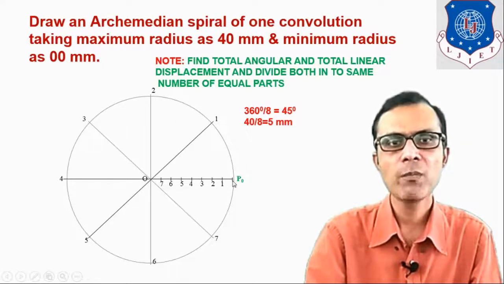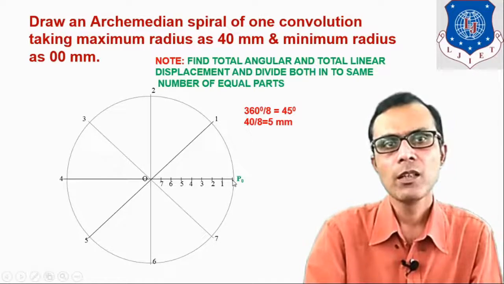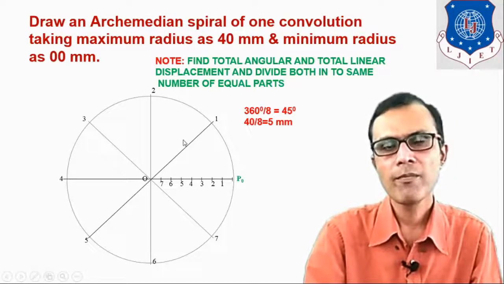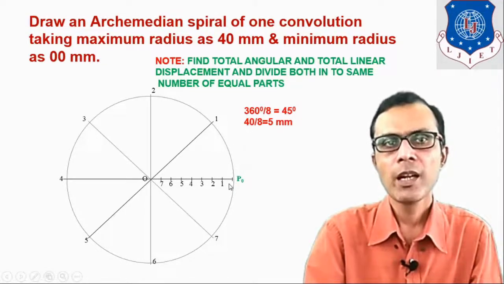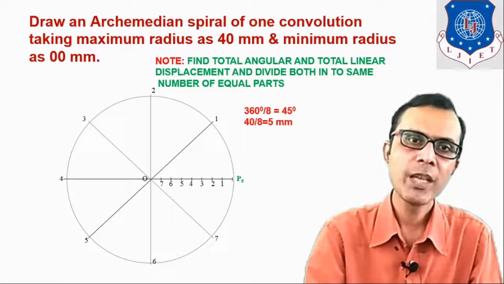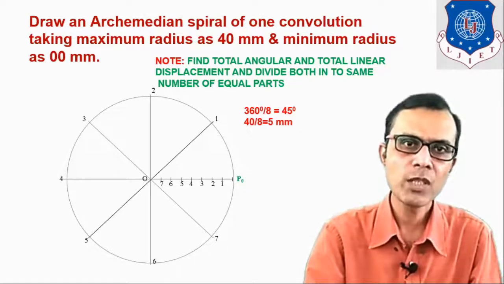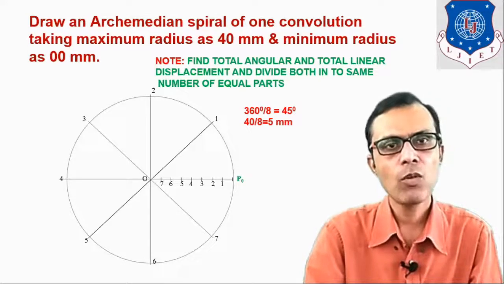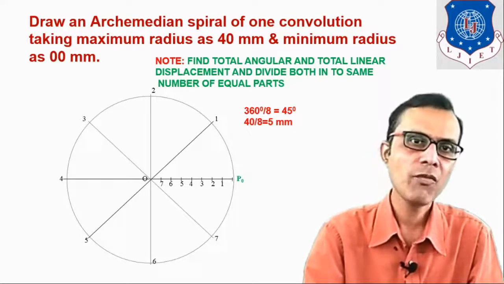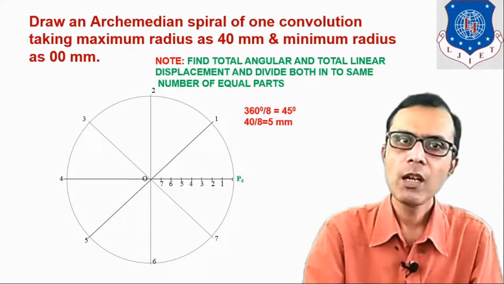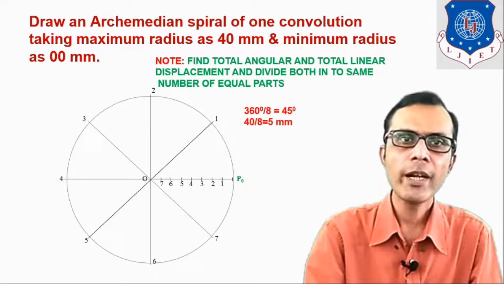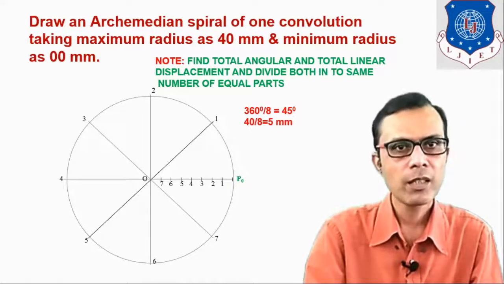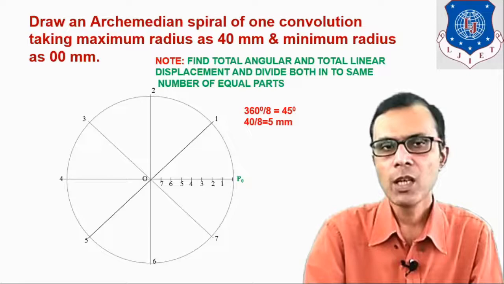So initially point P0 is here. When link rotates by 45-degree angle, the point is moving with distance of 5 mm. So that will be the next position of the point P. So how can those positions be found? And actually all these different positions during one complete rotation form the given spiral. So first of all, we have to mark the different positions of the moving point.